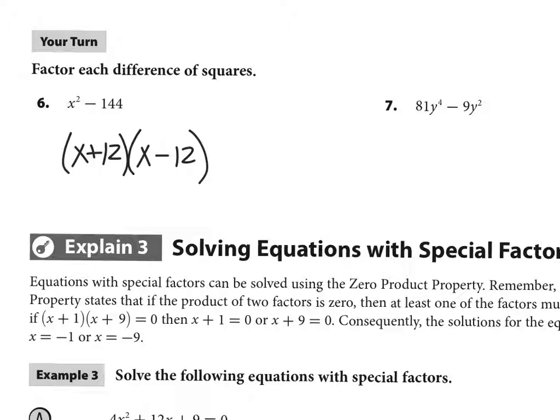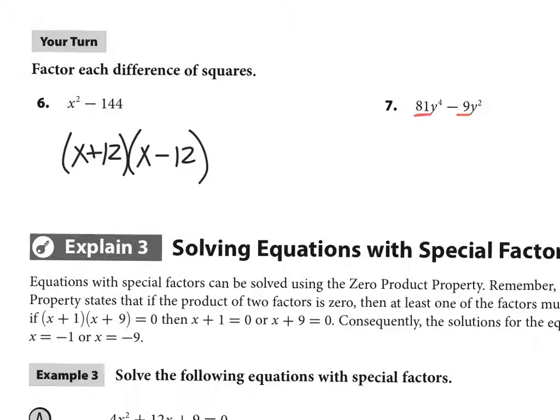Okay, review, do your FOIL. That's x squared. Okay, outer, that's negative 12x, that's positive 12x. They cancel, that's why there's no middle thing here. And then 12 times negative 12 is negative 144. Okay, the second one,